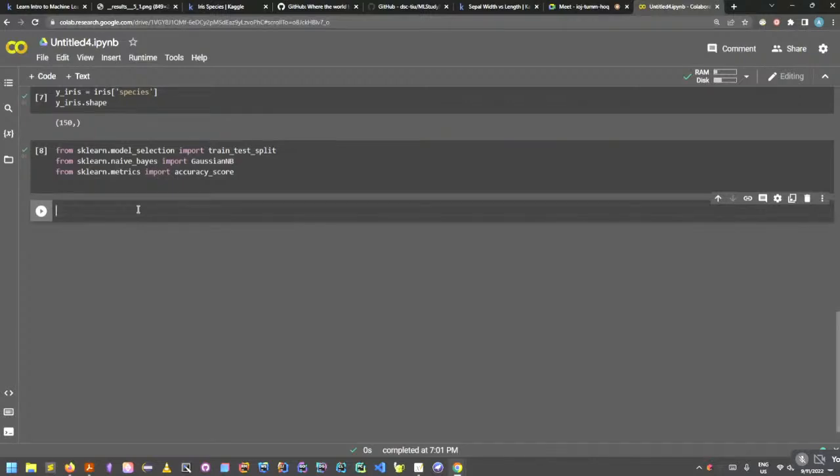Okay, so now we talked about variables like your x underscore arrays and your y underscore arrays that had your features and labels separately. Now we want to split it. For splitting, what we can do is use the train_test_split function. So how we're going to do that is